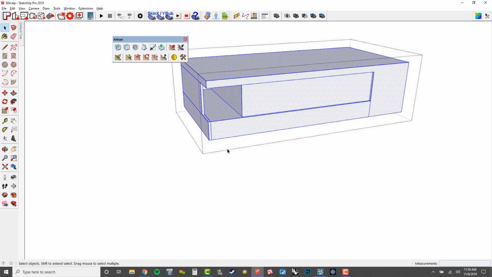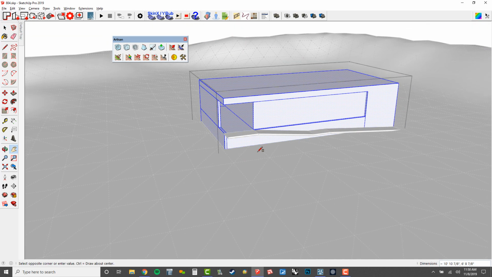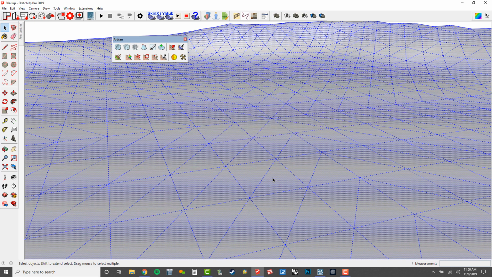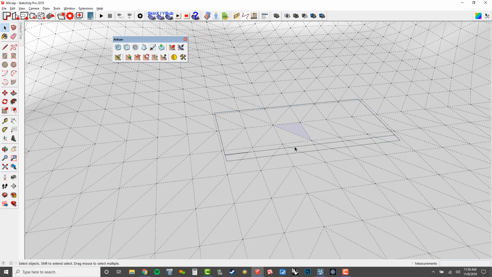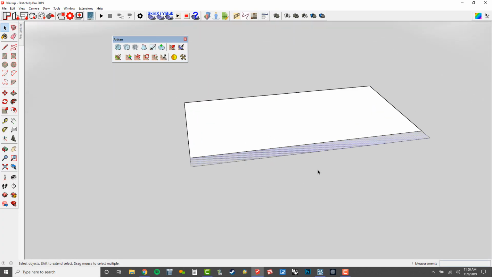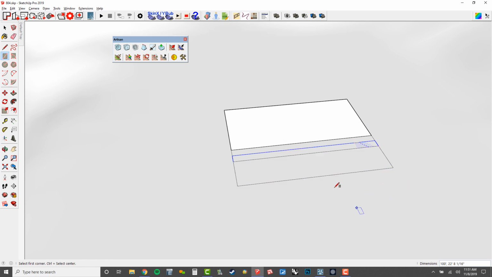So what I'm going to do here is, let's see, we got our site, and then I'm going to go back in here, and I'm going to do a paste in place. I use this command all the time too, so Edit, Paste in Place. If you remember, I pulled those other two pieces onto my clipboard by cutting them, and then I just throw them back in after I was done using my artisan tools. So I've got my building footprint. I could probably get rid of that, and then we got this one, and I might just make a copy of this like that, and then maybe I'll use my rectangle tool,